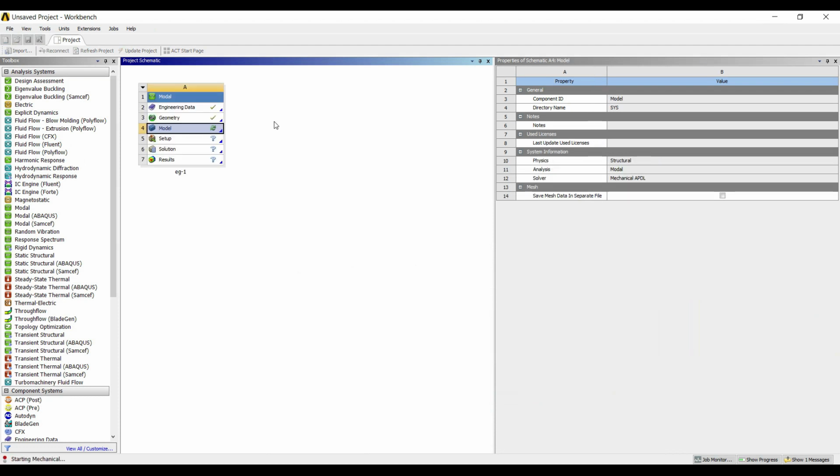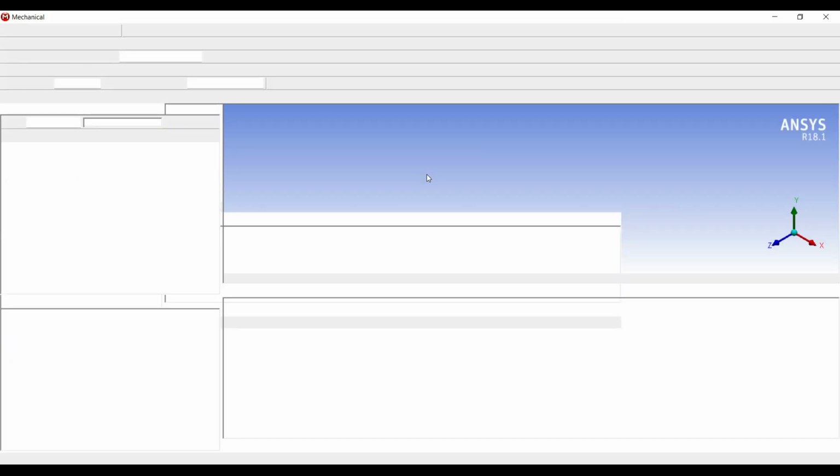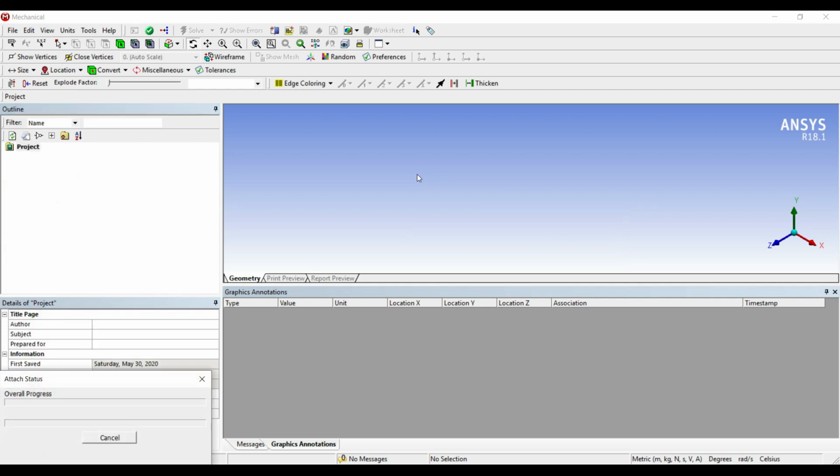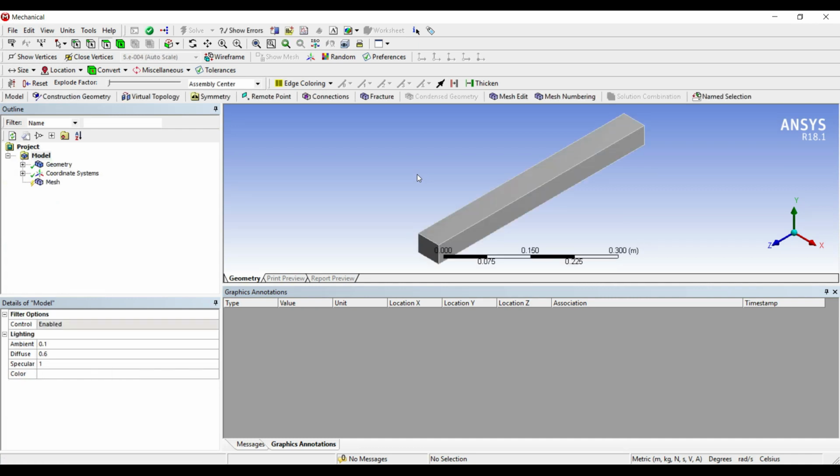Next I'll go to model. This is the screen of model.